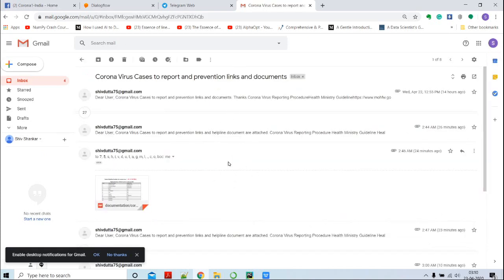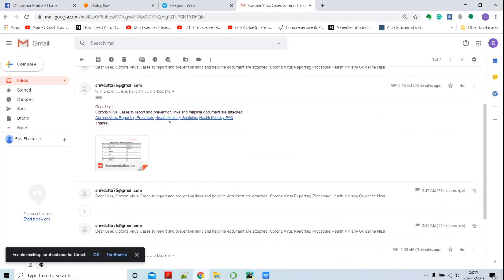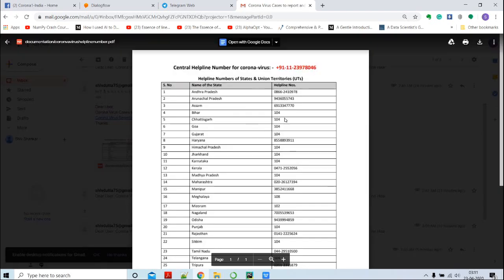So this contains all the prevention details, all the links for the Ministry of Health, as well as the important helpline numbers.